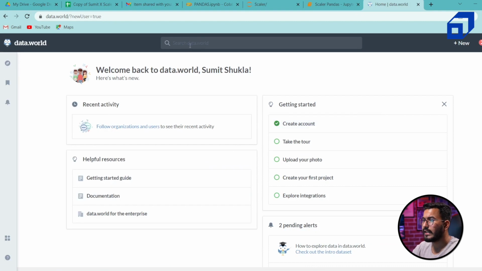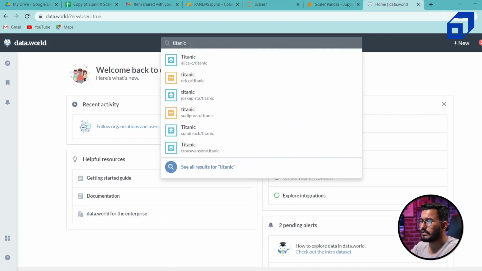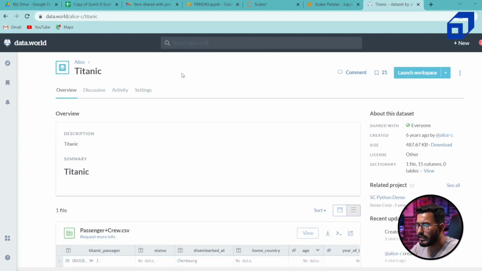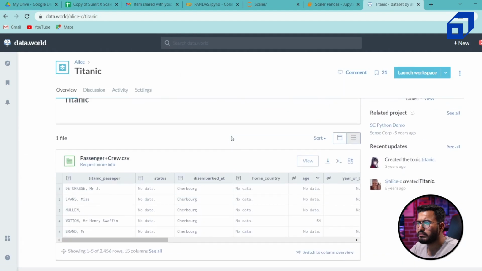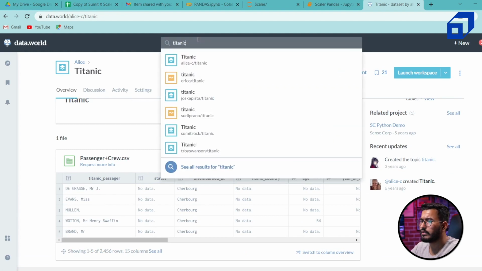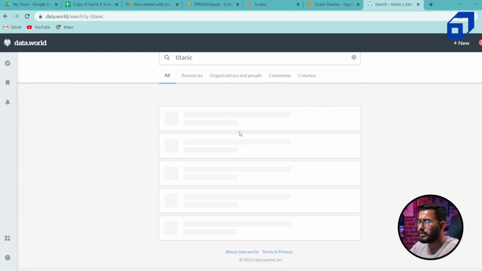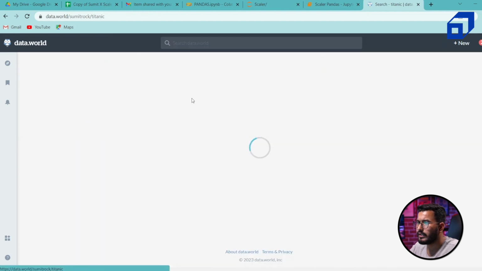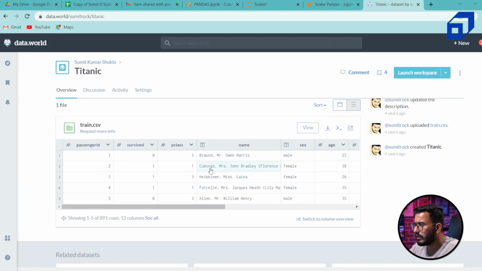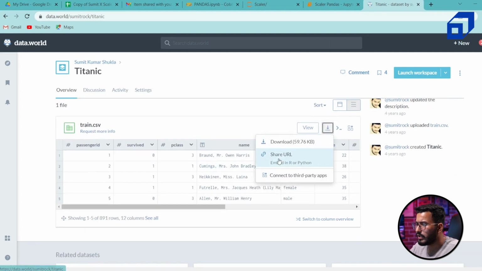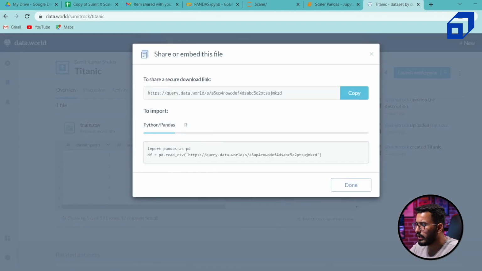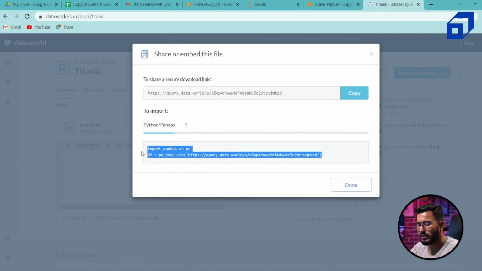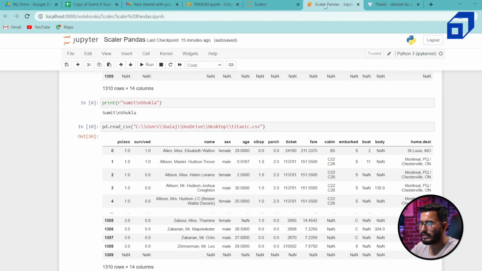I'll search for the Titanic data, and here we have the Titanic data. This is not the best one. So Titanic, I'll search for the one which is having the original Titanic data. This one looks nice. I'll click on download. I'll click on share URL and here you will find the URL that you can simply copy, paste it over here